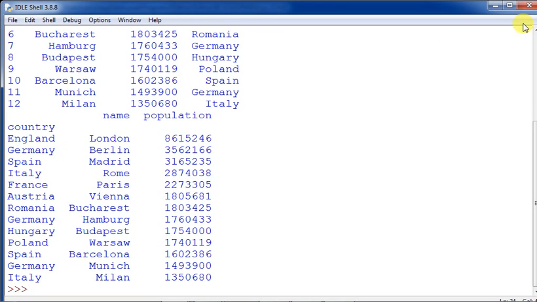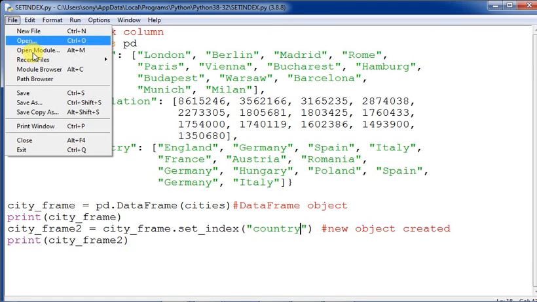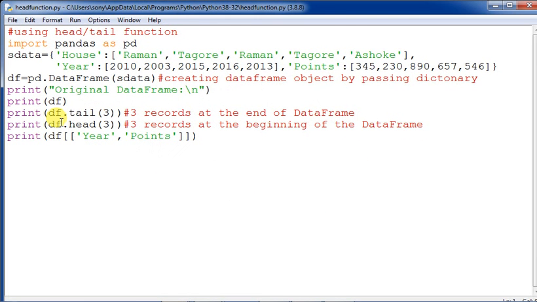So reindexing. This particular program you must execute and do it practically. First of all, the practical execution is very much required, whenever you are doing these things. Now let us see one small revision on the head function. All right, so now let us see out here how the head function is working.